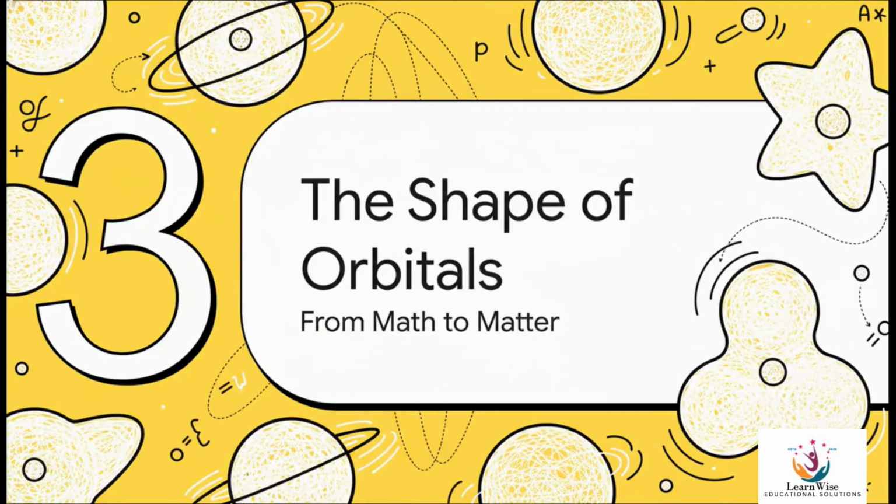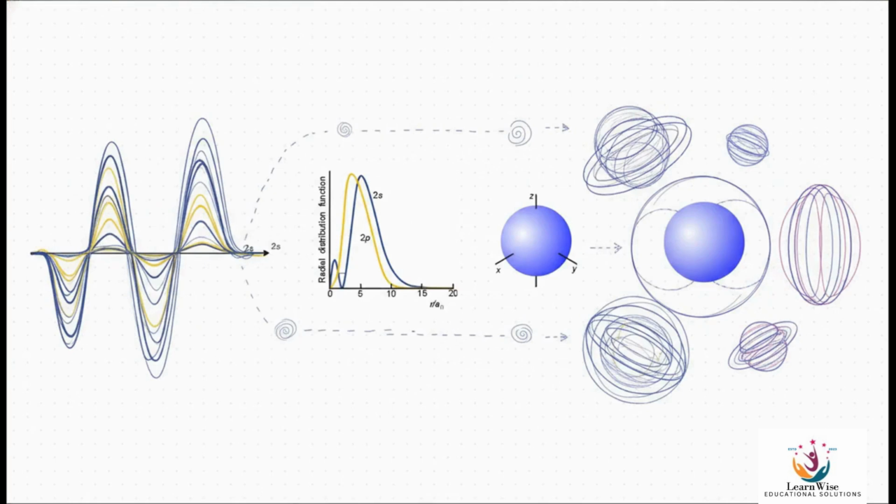Okay, we've been talking about these numbers in the abstract. Now let's see how this all builds into something we can actually visualize. How does pure math turn into the actual shapes that make up matter? This slide just illustrates that connection perfectly. The graph on the left, that's a mathematical plot showing the probability of finding an electron at a certain distance from the nucleus. But when you take that function and you map it in 3 dimensions, you get the tangible shape on the right.